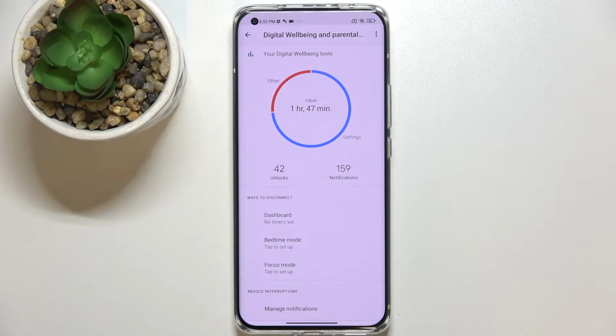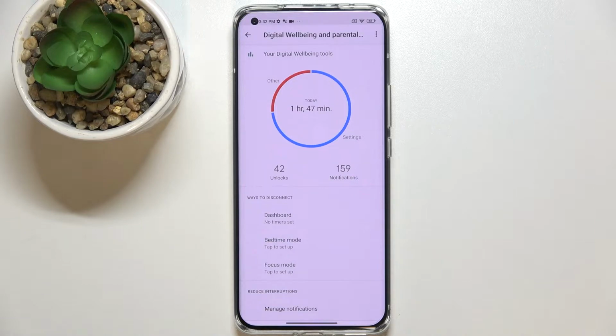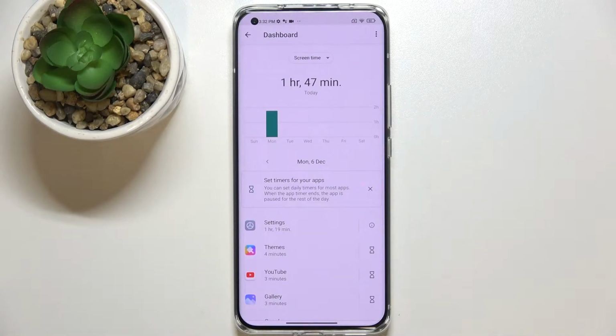And as you can see, right in the middle we've got the graph which will show us for how long we've been using this device today. And as you can see, I've been using it for almost, let's say, 2 hours. Here we've got also the unlocks and notifications count, and right now we've got two different ways in order to check the details. So we can tap in the middle of this graph, and thanks to this we will be